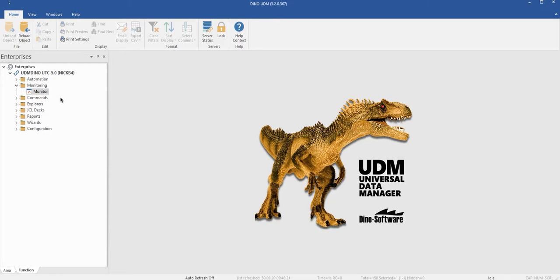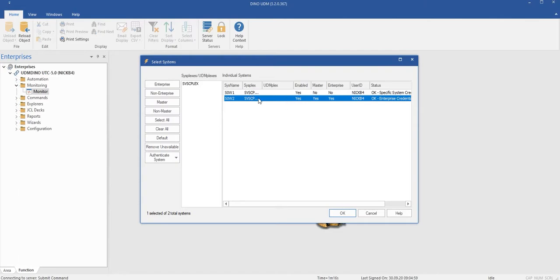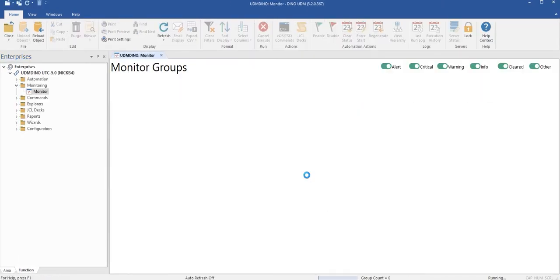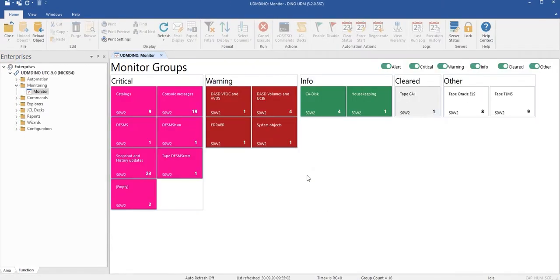You enter the dashboard, the monitor, simply by going into the monitoring interface and selecting all the systems that you would like to report on. When you first come into the monitoring interface, a series of tiles are displayed. The colour of the tile represents the highest severity of a condition associated to that tile. For example, in this case we have pink for critical messages about catalogues, and here we have critical messages about